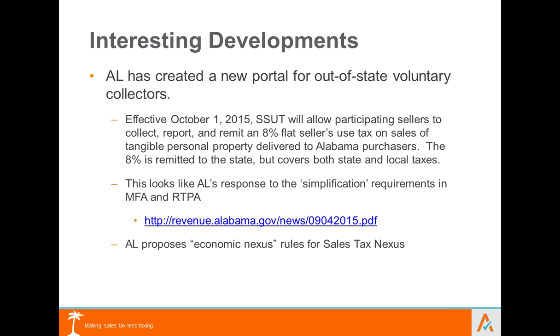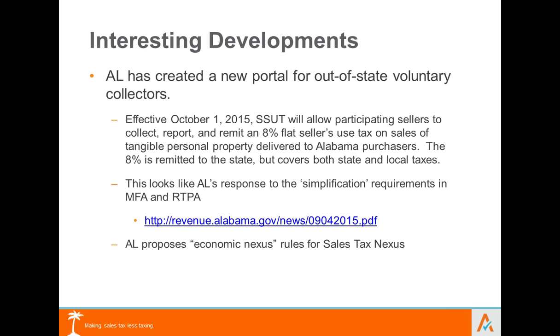So the states are looking at this, and part of the impetus, again, is these federal proposals. But I think it's sound policy for the states, if they want to encourage collection by businesses who don't have physical presence within their state. It seems like it makes sense, and I agree we're talking about state bureaucracy here. It doesn't always make sense, but it seems to make sense to create a simplified way for those vendors to remit, right? And this is Alabama's crack at it, and it looks pretty good, to be honest with you.